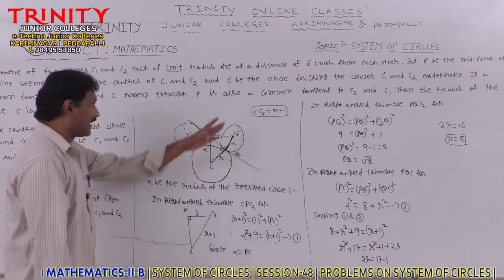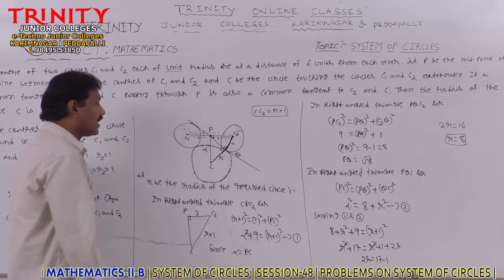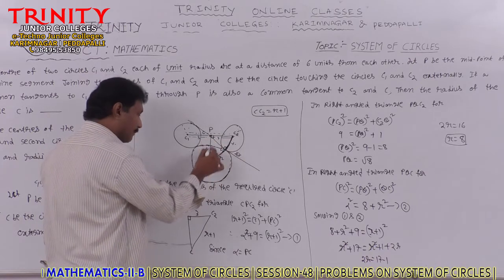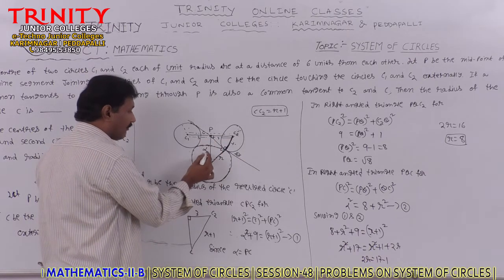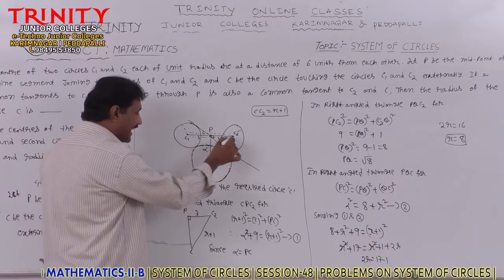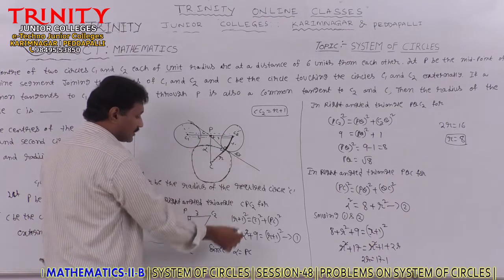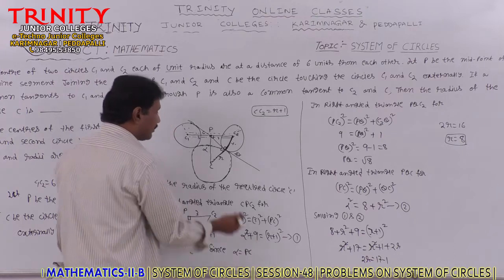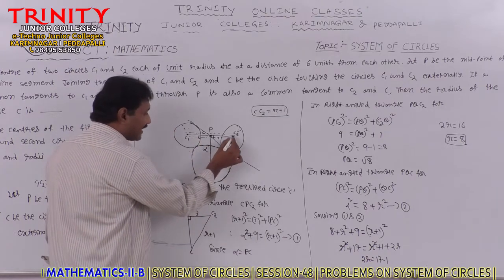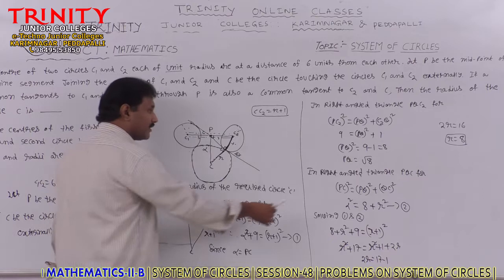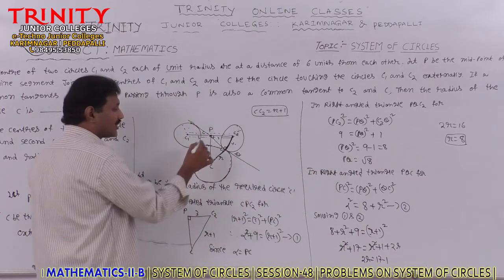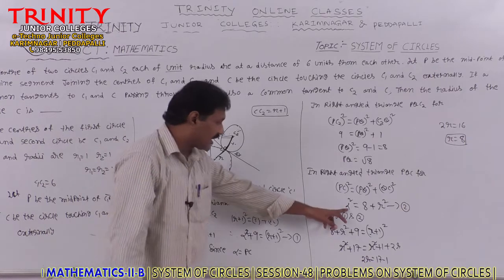Here we draw the diagram from the above information. Here is one right angle triangle joined from P to C. Let it be taken as alpha. It is a right angle triangle C1 P C. By using the Pythagoras principle, we get one relation. Hence, it is also a right angle triangle. Using the Pythagoras principle, we get the value of PQ. Here it is also a right angle triangle. Using the Pythagoras principle, we have another relation, alpha square.